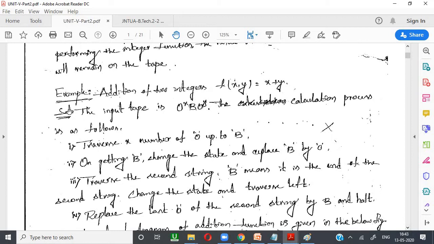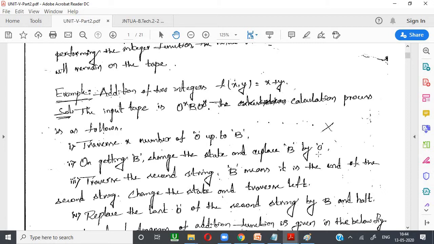The process is that we first traverse the x number of zeros up to B. On getting B, we change the state and replace B by 0. So once we have traveled over all the zeros and reached B, we change the state and replace B by 0.